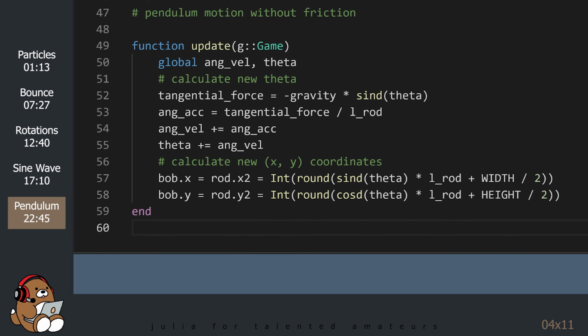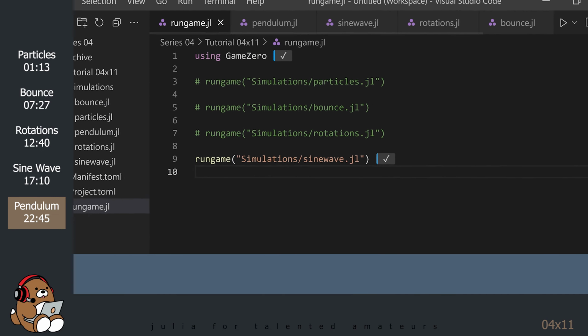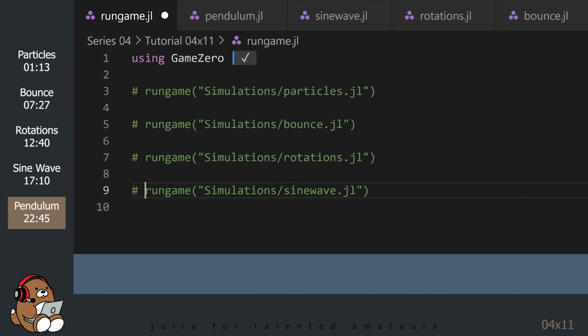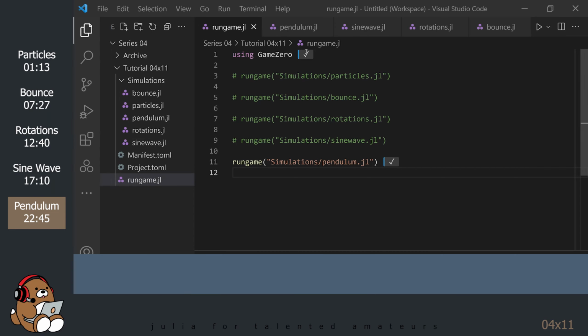Let's see this code in action. Save your file and go to the rungame.jl file. Comment out the line for the previous simulation and add a line to run the pendulum.jl file and then execute it. Pretty cool, right? Break out of the game window and go back to the pendulum.jl file and try changing some of the settings.